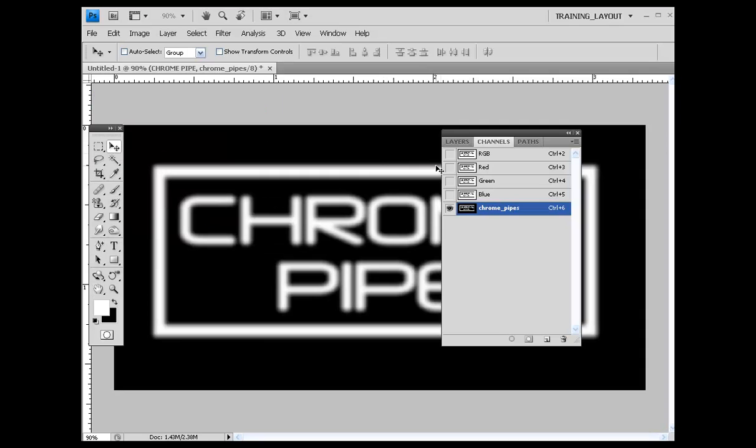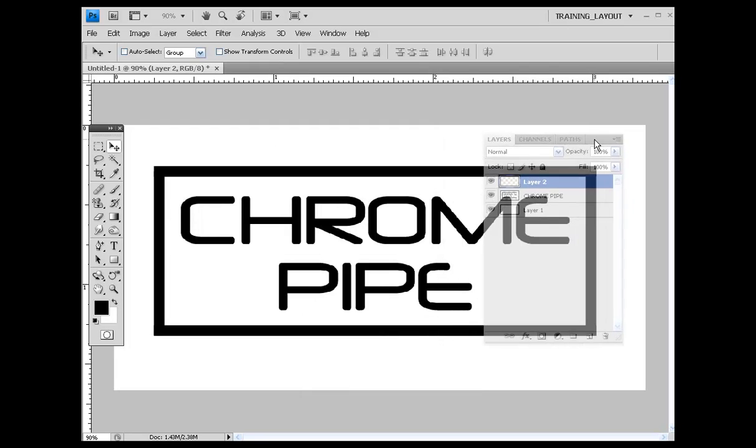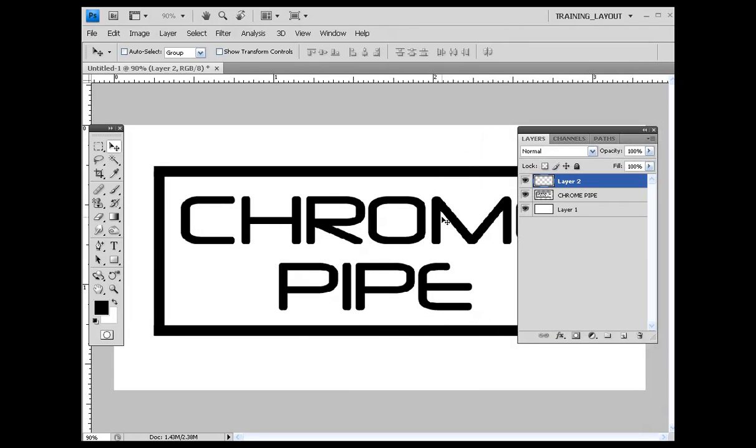Alright, so once you have that blur on there, go ahead and select layers. I'm just going to come down here and add another layer to this file here. Alright, with layer 2 selected, what I'm going to do is hit Shift